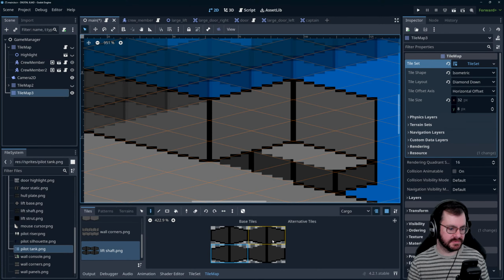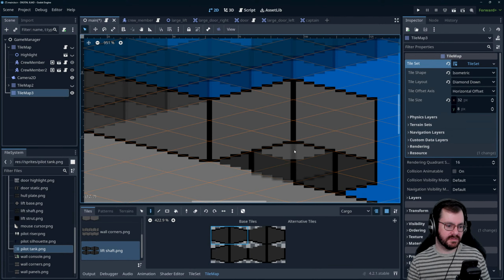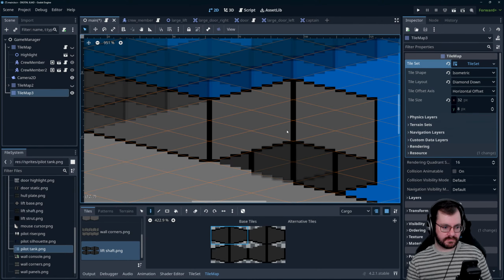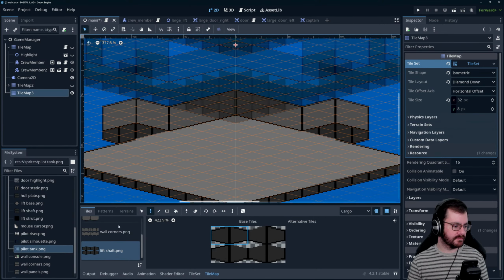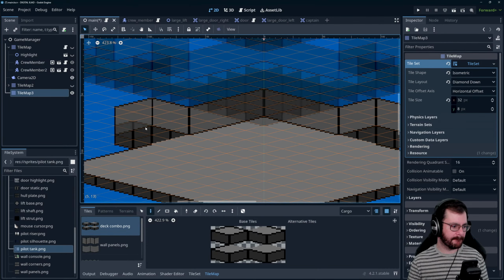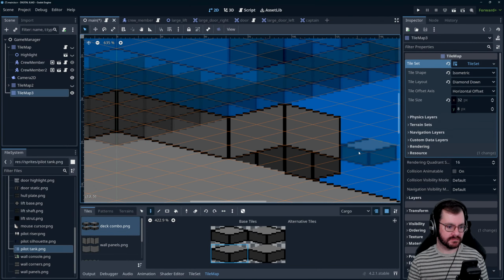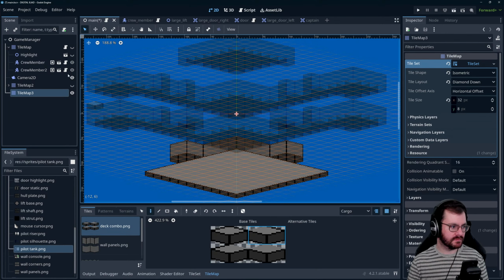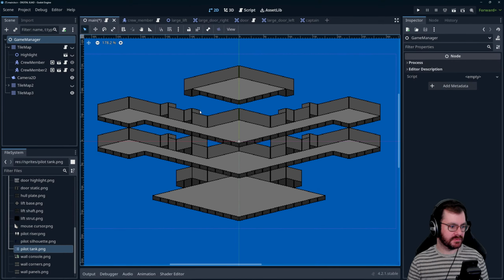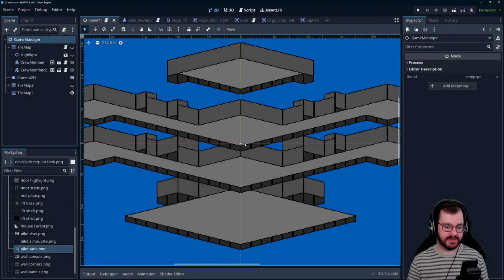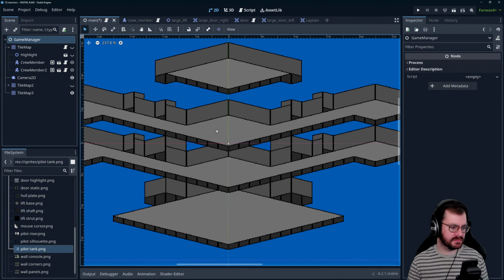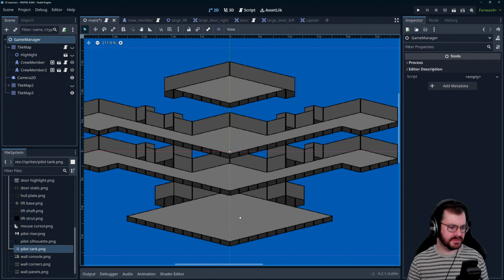Want something that looks passable. That's good enough. So we're also going to need like a simple lift sprite. It looks a little weird,